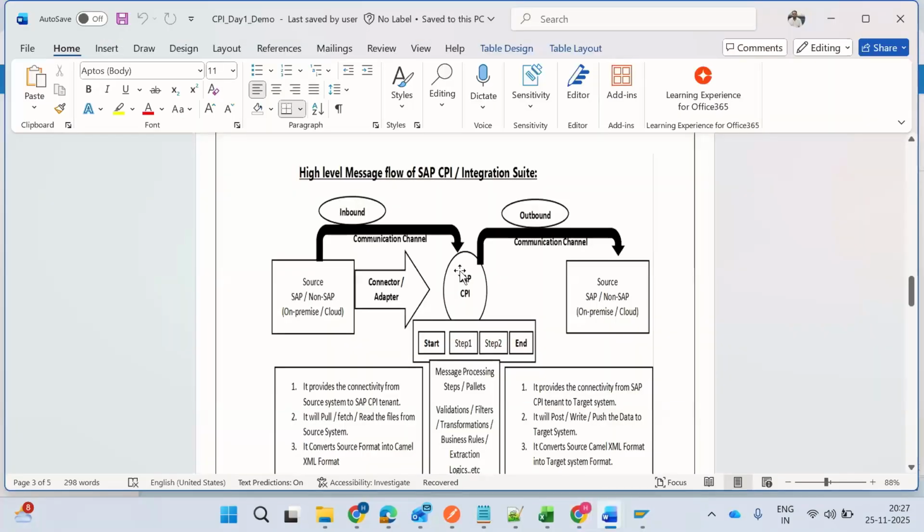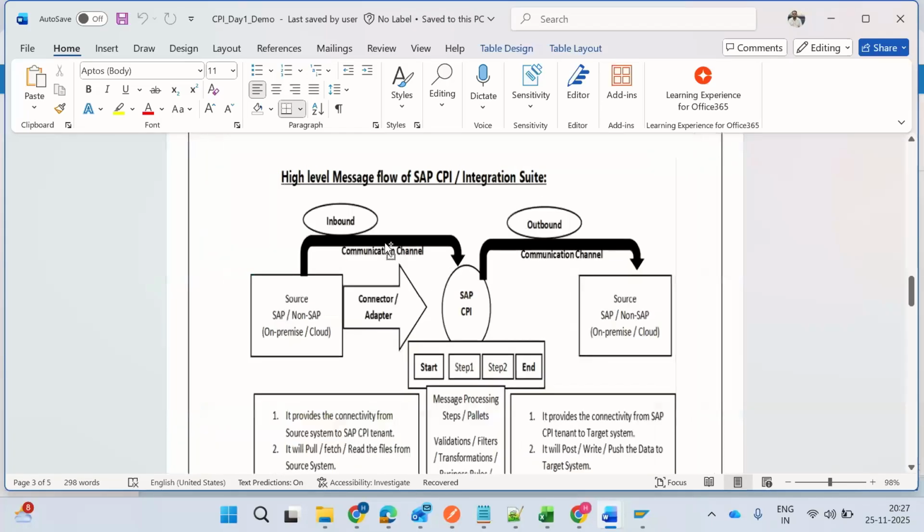Okay, so let's go to the demo part. Here we have discussed PIPO to CPI. Now let's see how the high level